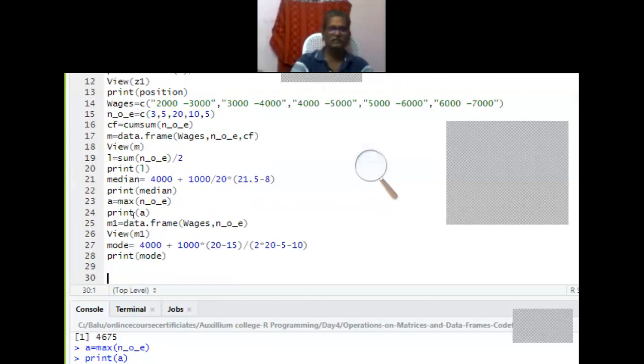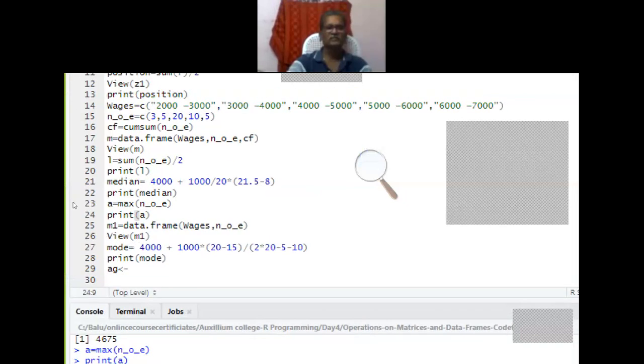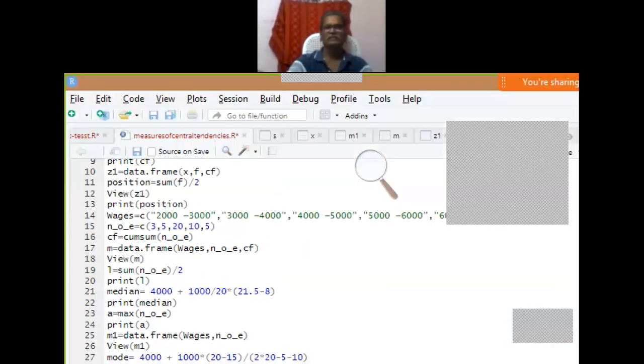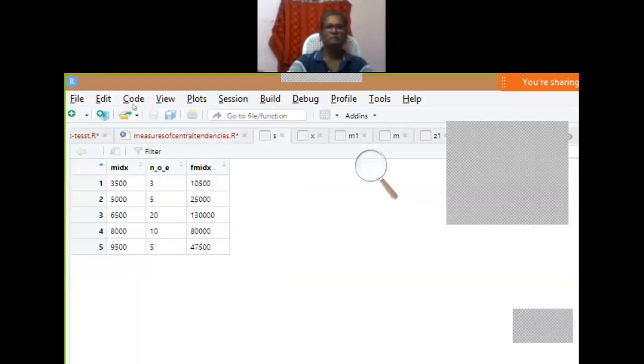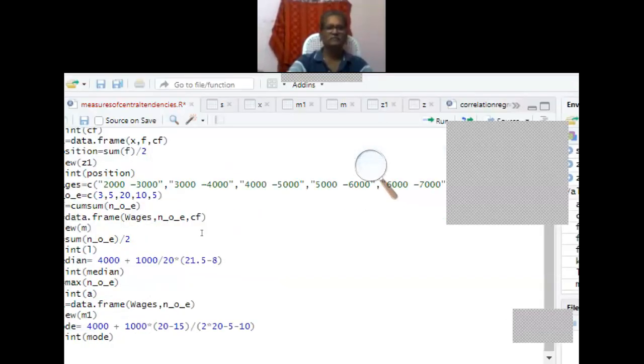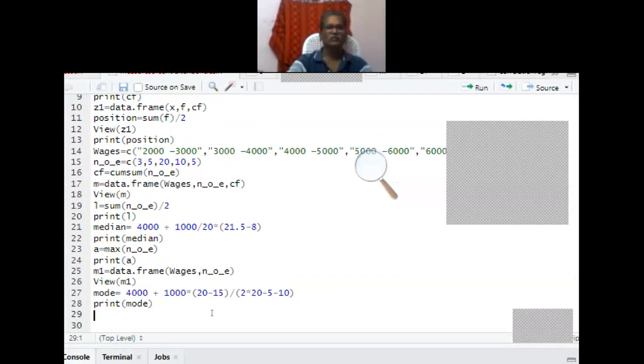For example, AG, average equal to, what is it? Oh, this is missing. It got erased. We'll do it once again.